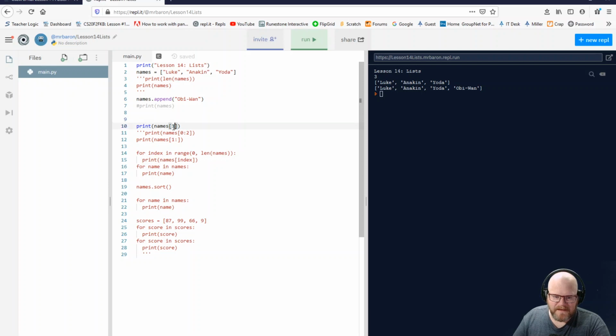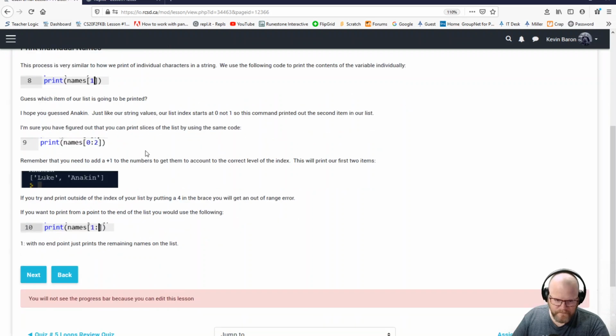Now this is the index 1. So if you were guessing which one it would print out, I'm hoping you'd guess Anakin, because remember, the list starts at 0. Luke is 0, Anakin is 1, Yoda is 2. So when I run this, it grabs that one entry of Anakin and prints that out. So that's still a little bit cleaner. Now if you go back to here,